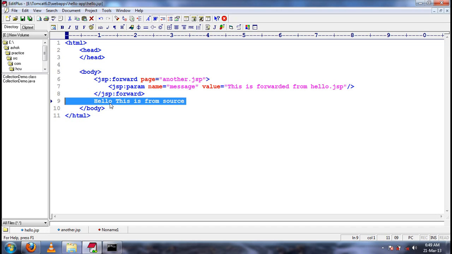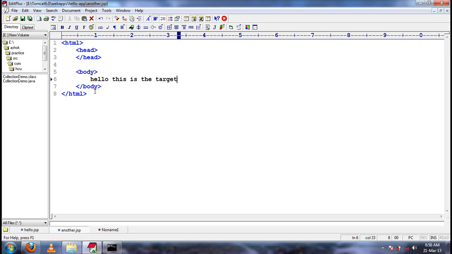No, this content is not printed in the browser, because as I told already, the jsp:forward action tag internally uses the request dispatcher mechanism. If you use request dispatcher forward while forwarding the request from one web resource to another, first the source web resource's response will be cleared. So while forwarding from hello.jsp to another.jsp, first the response of hello.jsp is cleared, and only then the request is sent to another.jsp.